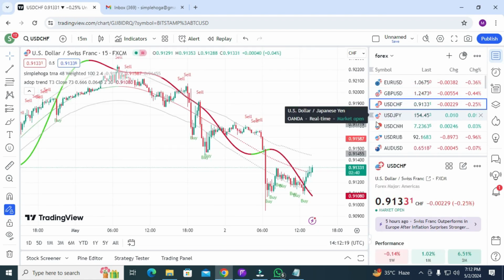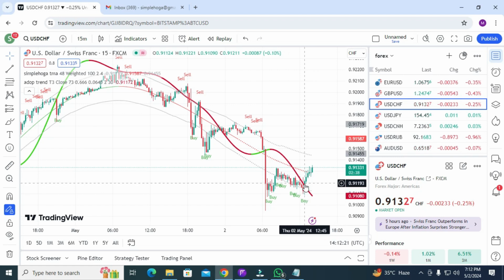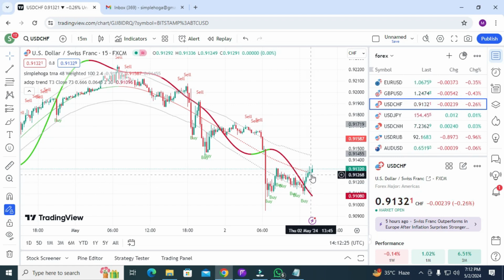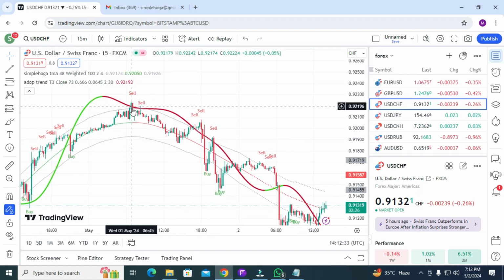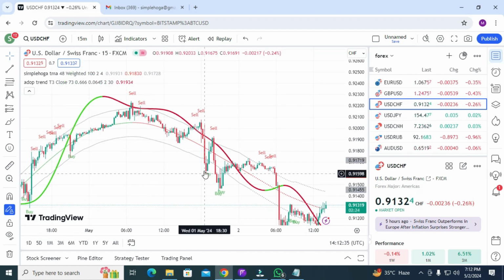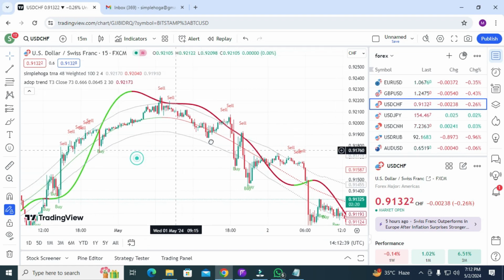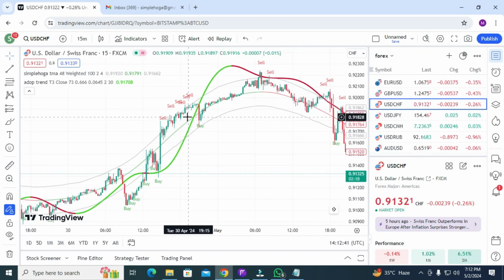And maybe yes, you got the buy signal here. You can see this is actually a valid buy signal and now you are profitable. This is your valid buy signal and you can see you are in profit. This is your valid sell trade, and you can see you got some amazing profit. This is a valid sell trade and you got the profit. This is a valid sell trade and profit.